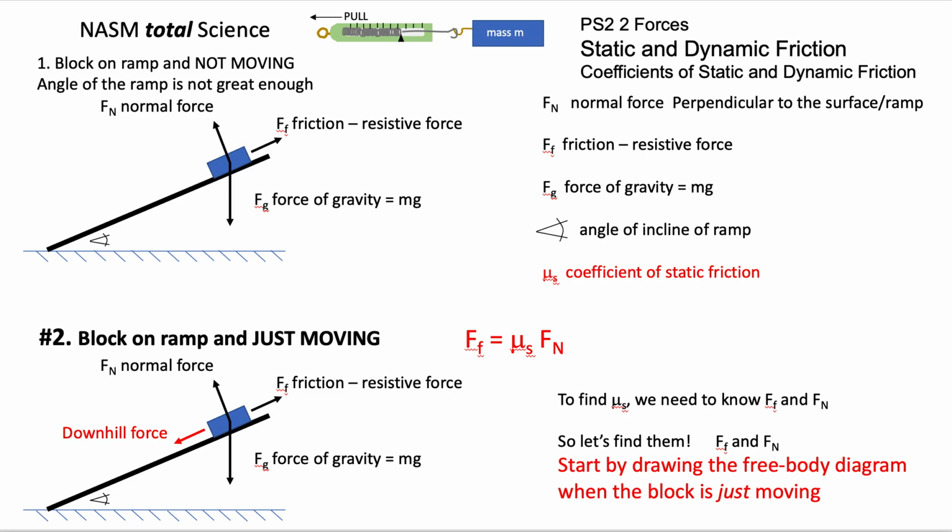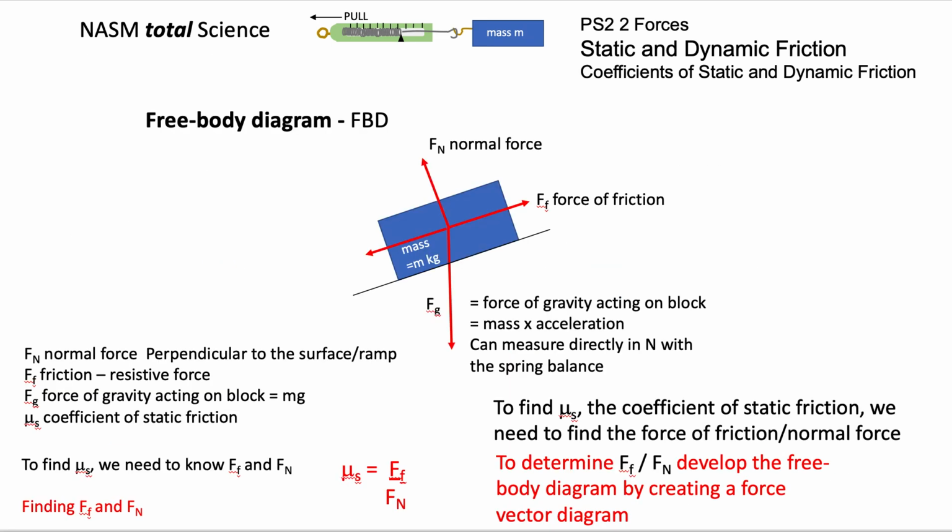And the first thing we're going to do is draw the free body diagram. And we have it here with the normal force perpendicular to the angle of the ramp, the force of friction in opposition to the downhill motion of the mass, and then the force of gravity acting on the block going vertically downwards. And so we're going to create a force vector diagram from this,